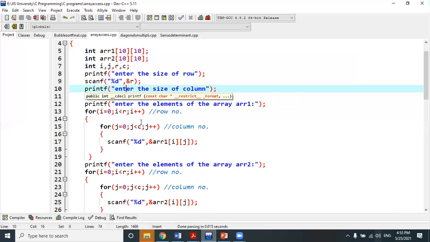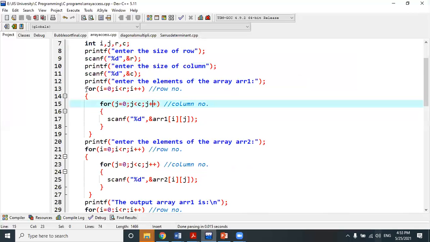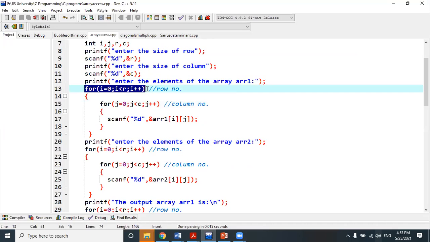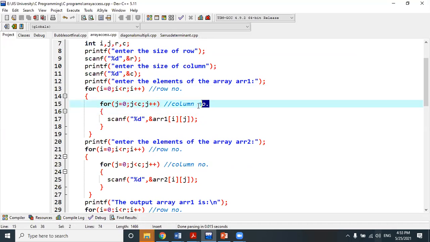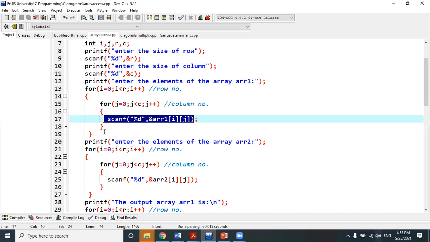Okay. So in the code, I have used these 2 for loops. In the first for loop, I is the looping variable representing row numbers, and in the second for loop, J will represent column numbers. The I loop starts from 0 to R, where R means the row size, the maximum size of the row. Suppose you are given 3 cross 3, so R is 3 and C, the column size, is also 3. So your I loop will run from 0 up to 3 minus 1, that means 2. 0 to 2 means 3. And here the J loop will also run from 0 to 2. That means 3.